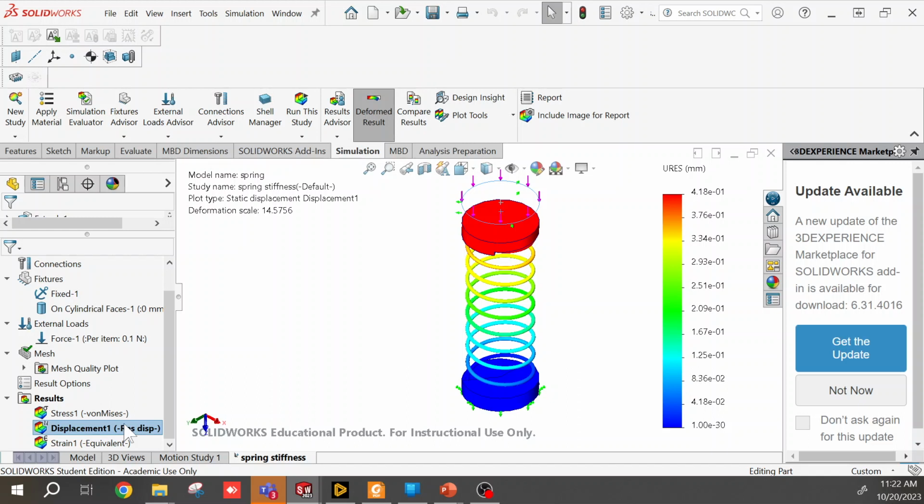Going back to your colleague's question here, how do I know if my model is correct and how do I correct it if I have something wrong? We've applied a boundary condition here at the bottom that fixes the bottom of this. So we know that it shouldn't move. And we're seeing that this blue color here is 1e-30. So very, very small number, infinitesimally small millimeters of displacement. And the top is 4.18e1 millimeters. So if we go back to the PowerPoint really quick, where it's asking us what